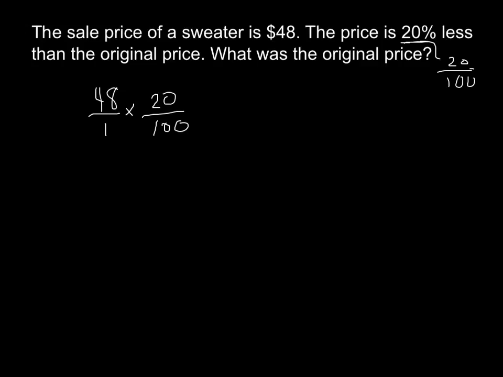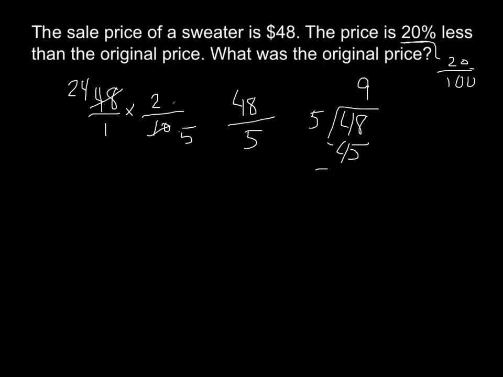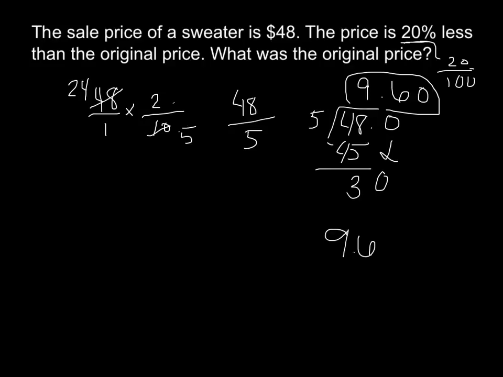Okay, so let's get rid of some zeros here. 0 on the top, 0 on the bottom. Okay, I could divide by 2 and get 24. Divide by 2 and get 5. That looks about as far down as I can go. Oh, well, then I'm going to be multiplying by 2 again. So 24 times 2 is 48, divided by 5. Okay, so what is 48 divided by 5? And this time it's okay to have a decimal because I'm talking money, and money has decimals. Okay, so 5 goes into 48 9 times, minus 45. I'm left with 3 left over. Add my decimal point. 5 goes into 36 7 times. So I saved $9.60